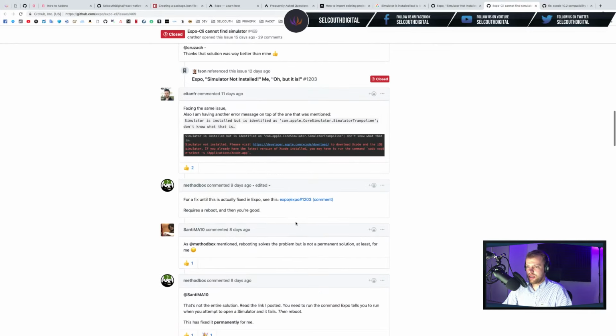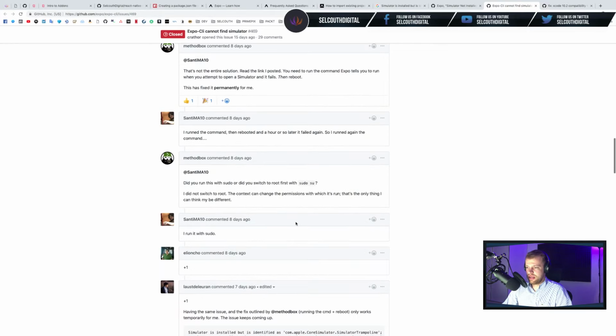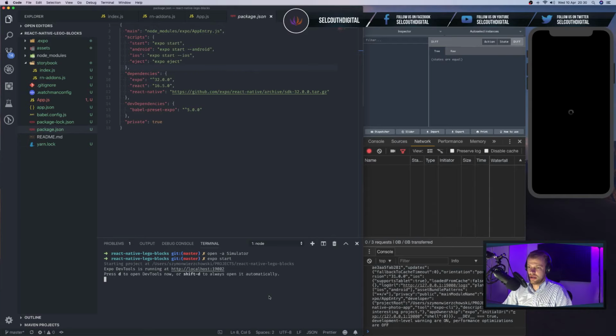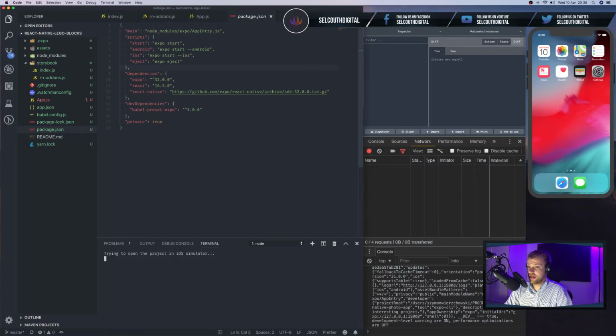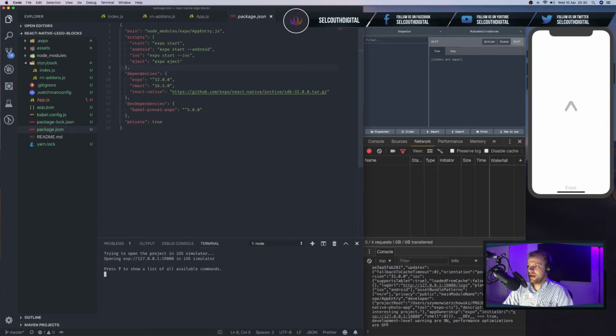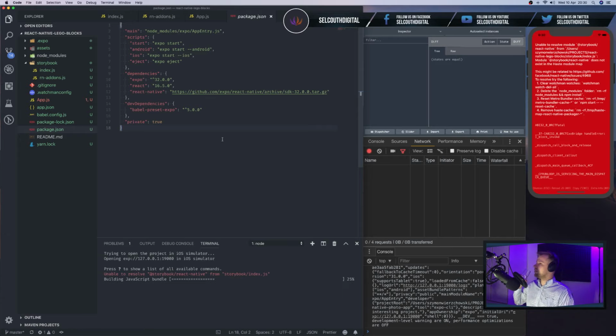Probably because I couldn't just match it. I think by reopening the simulator manually, it will be able to match it. There you go. So now it can actually find it. It's a bit weird. I mean, it should be able to just get it from your